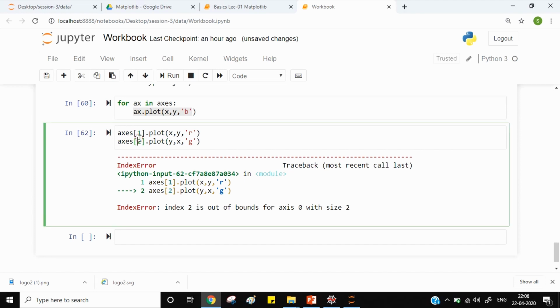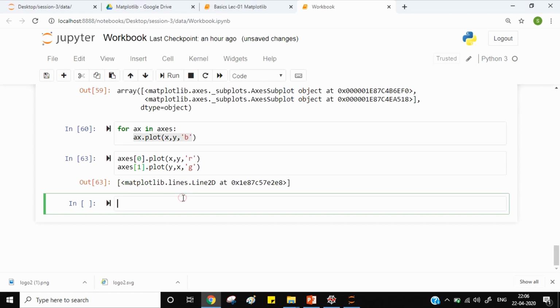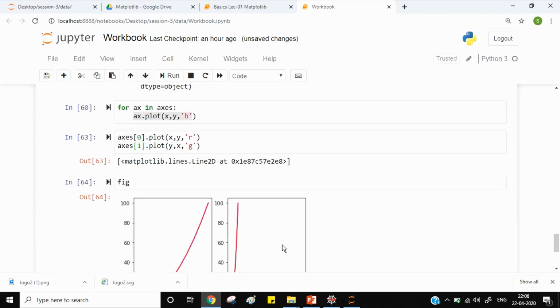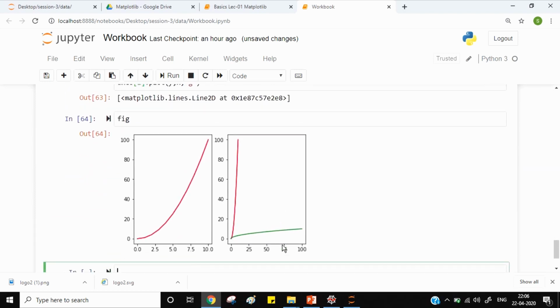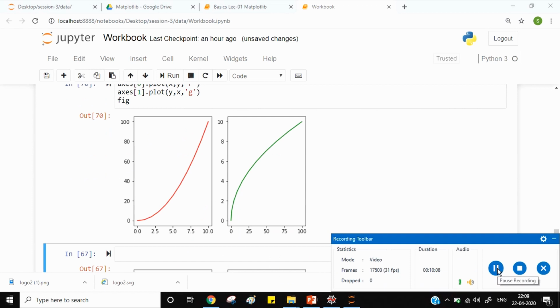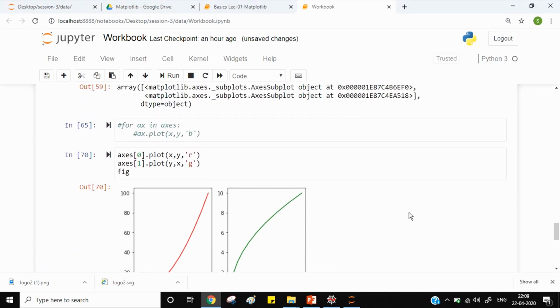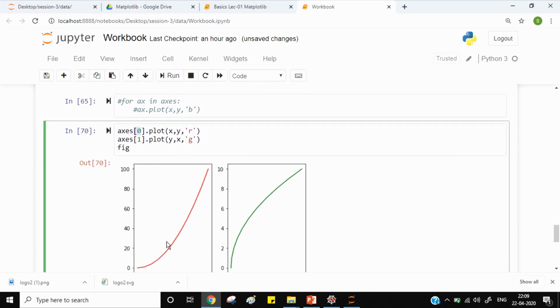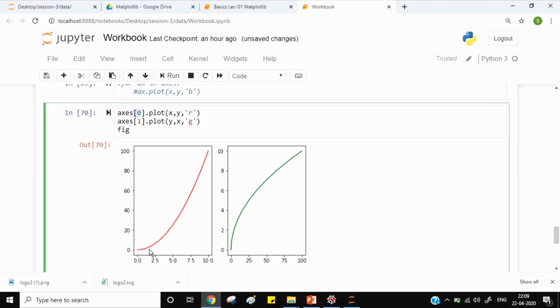If I show you the figure now, you can see axis of 0, the first box in the canvas, I have plotted a red curve in it, and the second box, axis of 1, in that I have plotted a green line.